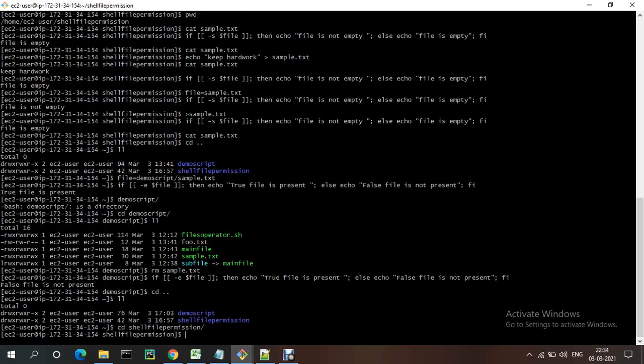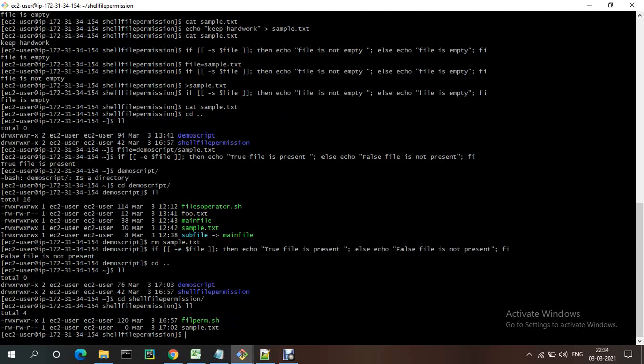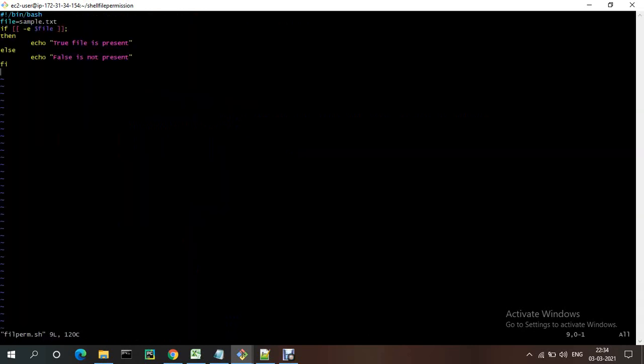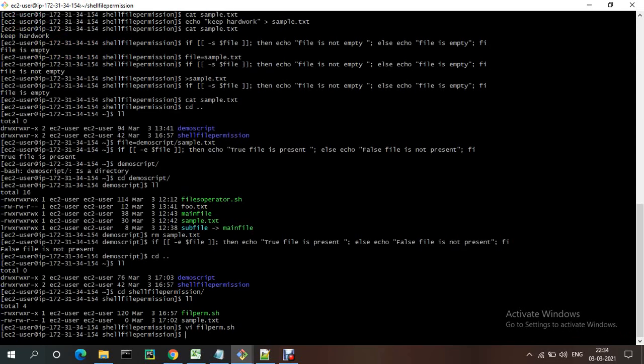Okay, shell demo. So here this is the script, so you need to declare the complete path under the variable, demo shell slash demo script, sorry.